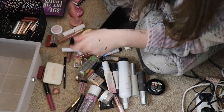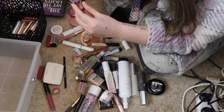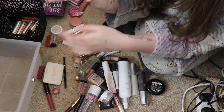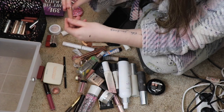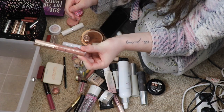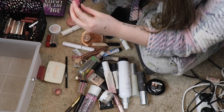I chose some NYX lingeries. We have Ruffle Trim and then Satin Ribbon. So those 2. I chose a gloss. This is the Colourpop X Kathleen Lights in Moonchild. This is the Ofra liquid lipstick in